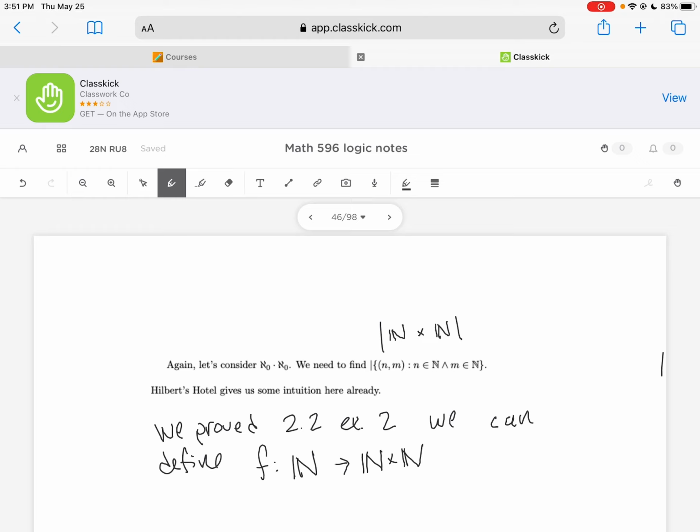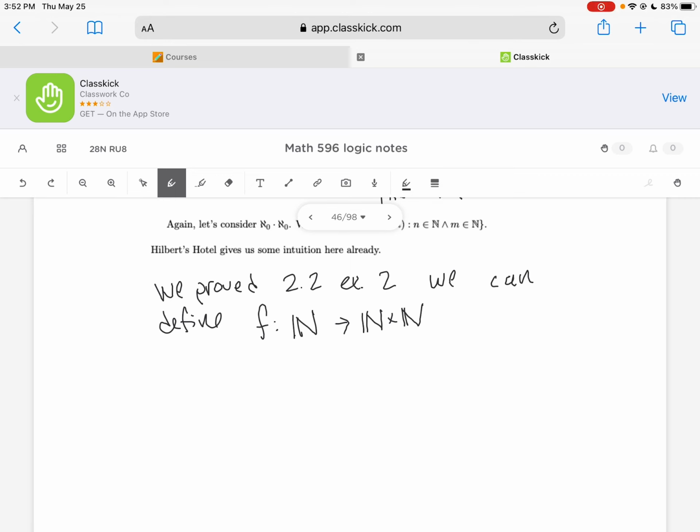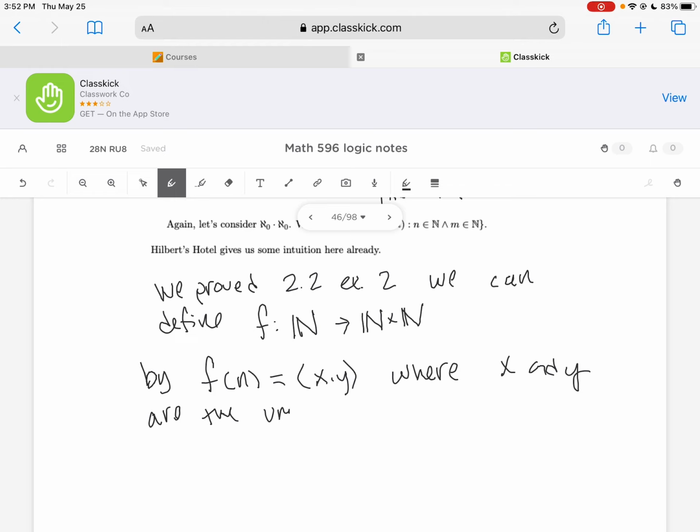Given a natural number n, we'll map it to the ordered pair (x, y), where x and y are the unique natural numbers that satisfy the following equation: n is equal to 2 to the x minus 1